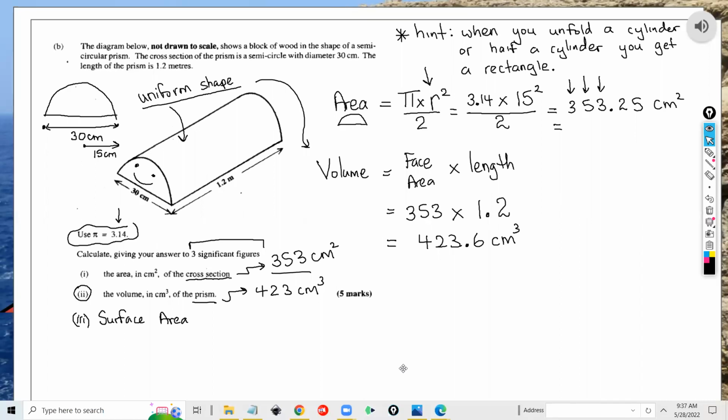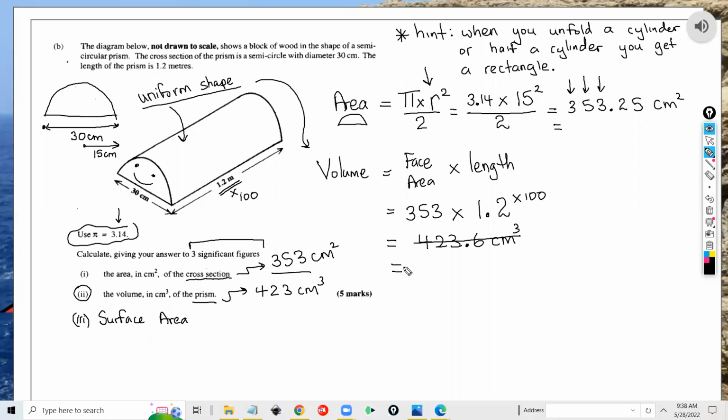And the error was on my end. All right, I got it wrong, and I thank you for pulling up my socks. They gave us the length in 1.2 meters, and I had it in centimeters. So what I was supposed to do was convert the meters to centimeters. So I'm thinking I'm supposed to multiply this by how much? 100, right? So if I multiply this by 100 now to convert it to centimeters,